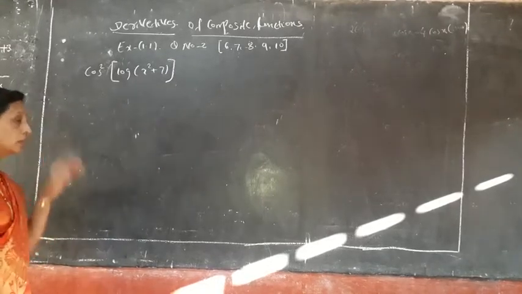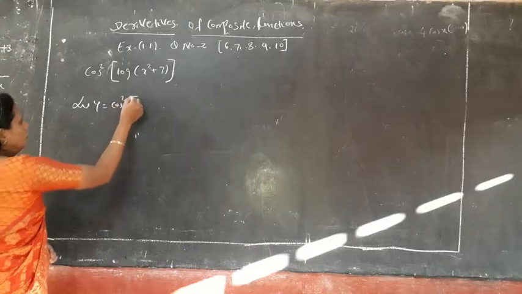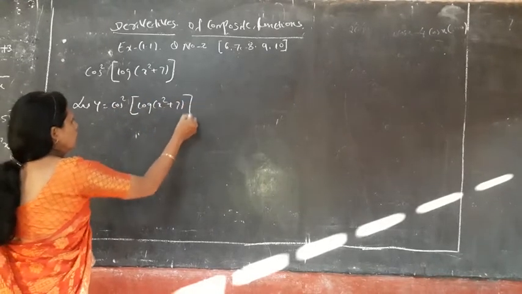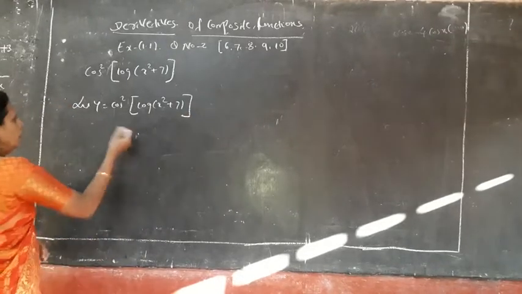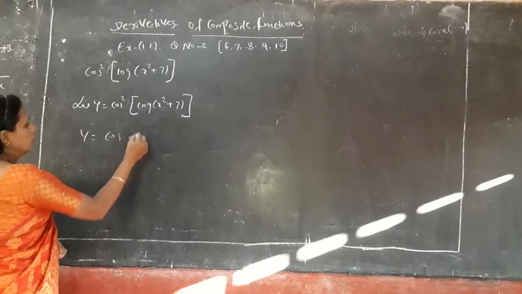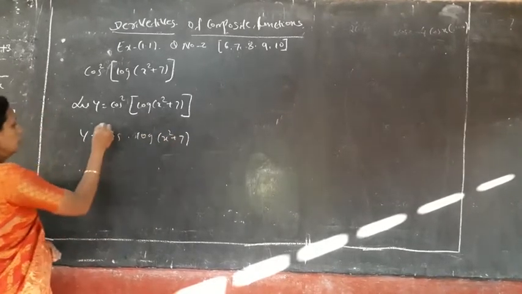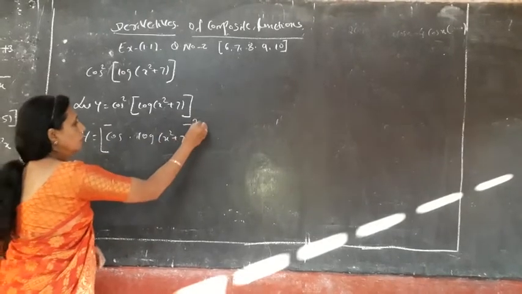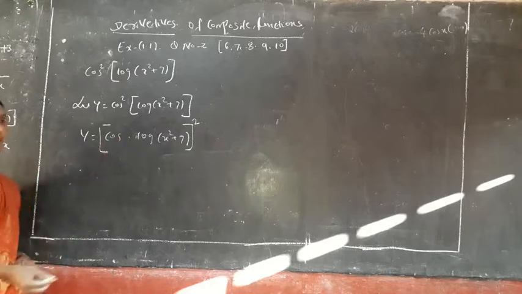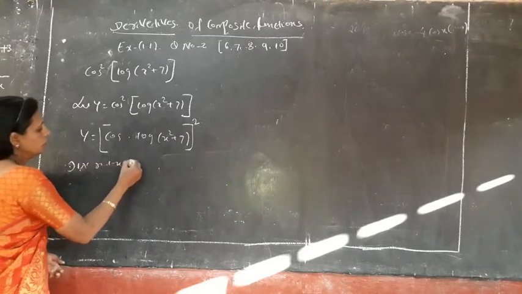So first define the function. We can write this example as cos of log of x square plus 7, raised to 2. Now this is of the form cos of log of x square plus 7. Differentiating with respect to x,